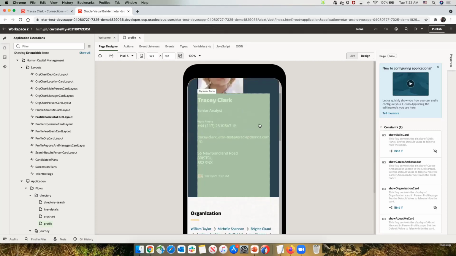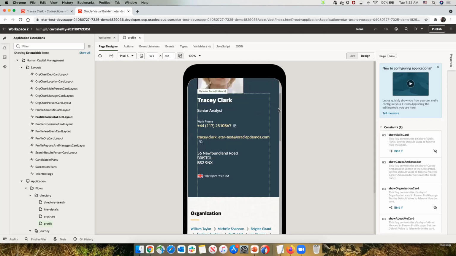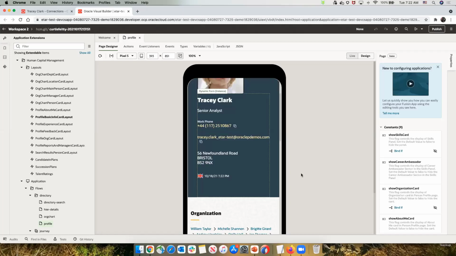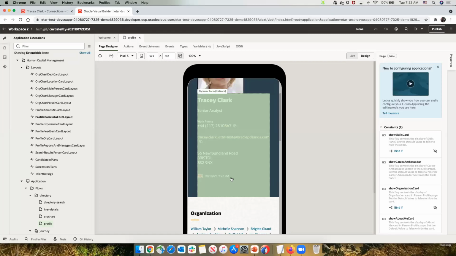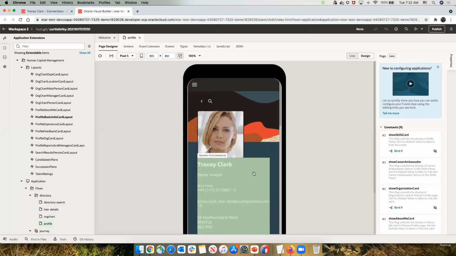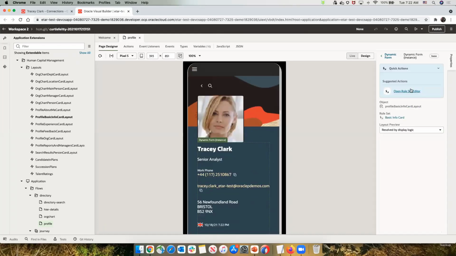Now, one of the things I know as someone who doesn't live in the US right now is that people tend to call me at very strange hours of the day. Okay, so one of the pieces of information we have here is: what's the time at the current location where the employee is? And maybe I want to move this a little bit higher in the list of fields when I'm on a mobile device, so people would see this before they actually pick up the phone and call me. So to do that, I can actually click on this area of the page,